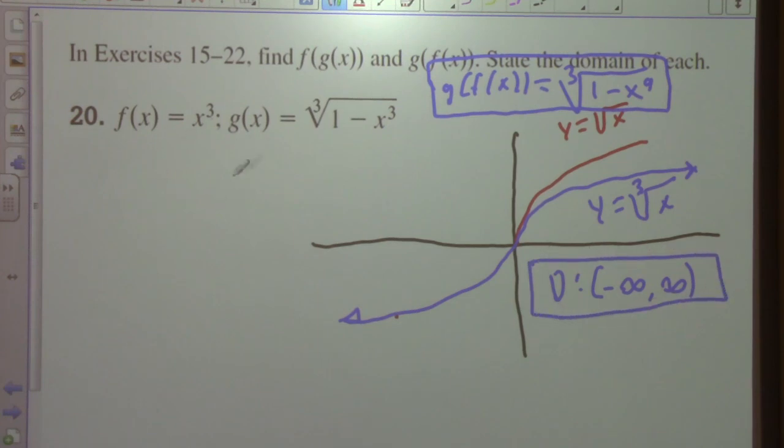And then, what is the other one going to be? Well, f of g of x is going to be 1 minus x cubed. 1 minus x cubed. And again for this one, our domain is going to be